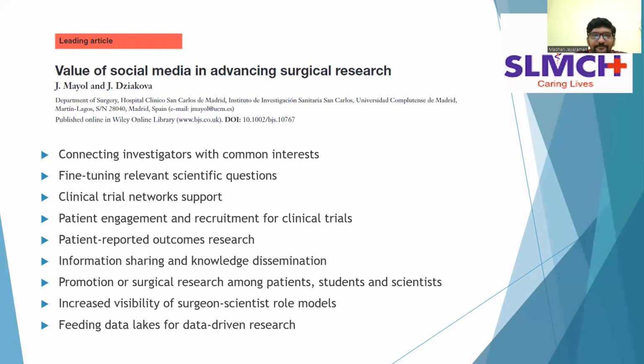So what is the value of social media in disseminating research? The first one is connecting investigators with a common interest. Second, relevant scientific questions will be asked. Clinical trial networks can be formed, and patient engagement and public awareness can be tried out, and outreach research can